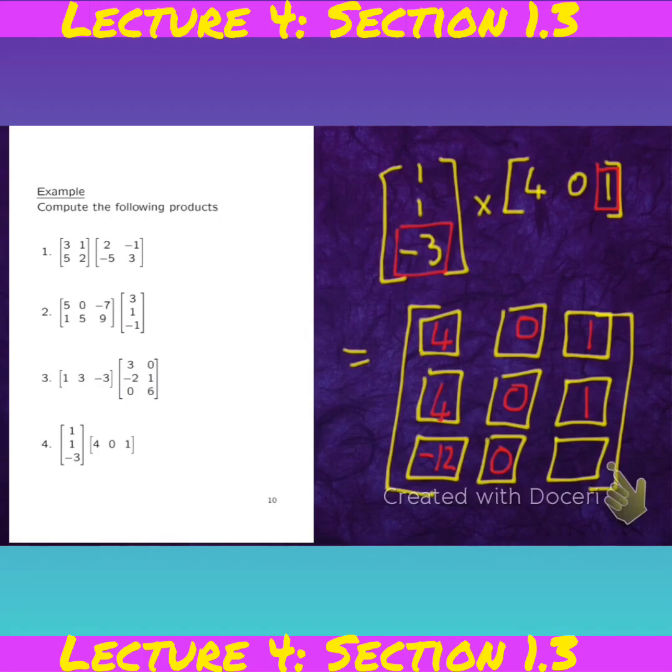So it's minus 3 times 1, which is in this case minus 3. Okay, so there's our 3 by 3 matrix, and I'm going to leave question 1 and question 3 as an exercise for you guys to do